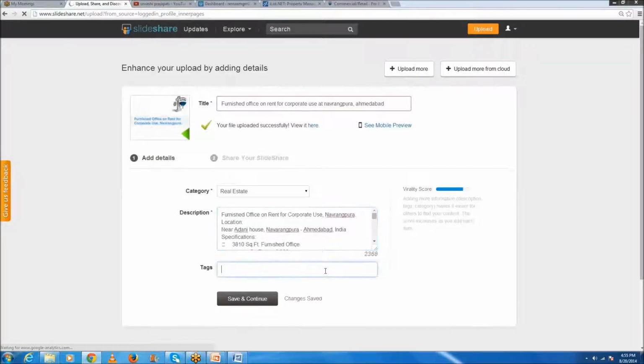Now we will write of furnished office on rent.